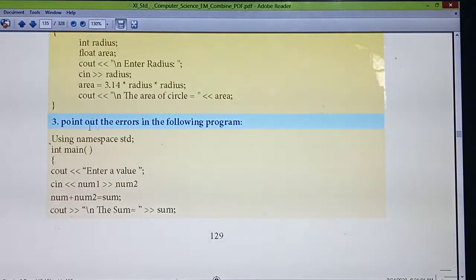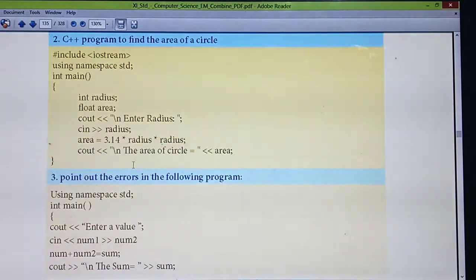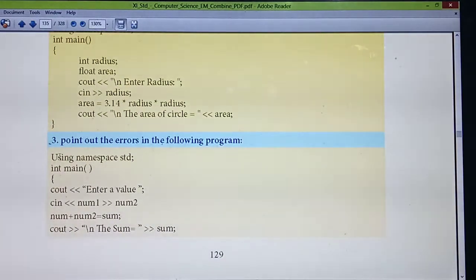So likewise in the annual exam also they will give a program and ask you to point out the errors. You should find the errors, and each error will get half mark or 1 mark. Understand? So you should write what the error is and the line number. So first line 1, there is no header file. Okay. Using namespace std, correct. Okay. So what's the next? And also listen carefully. Using namespace std, whether capital letter or small letter? Small letter, but they have given capital letter. That's the second error. First error is there is no header file. Second error is capital letter.